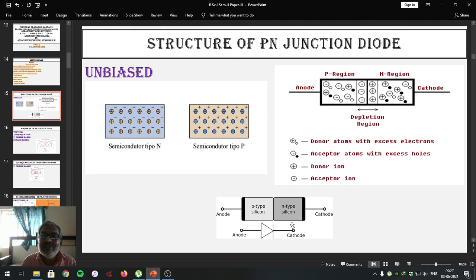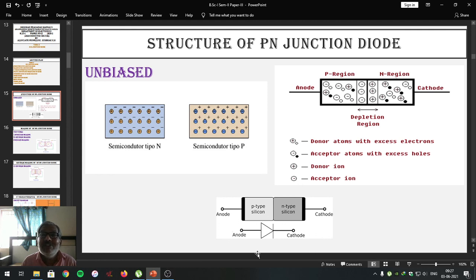Dear friends, this is the symbol of the PN junction diode. Look here. Please do remember all these things. This flat surface represents the anode, whereas this pointed side represents the cathode. So this is the symbol of the PN junction diode. From here onwards, we are going to recognize the PN junction diode with this particular symbol.